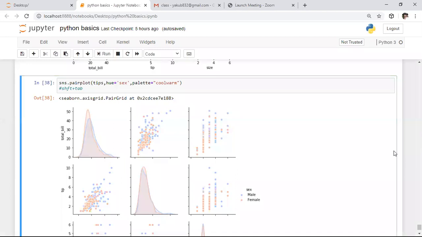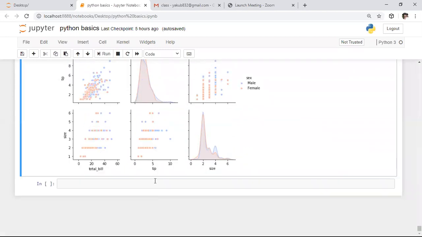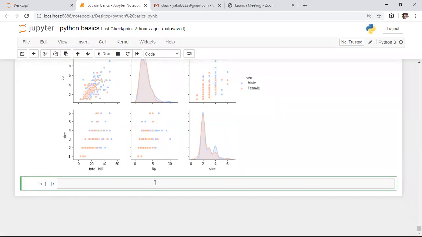After this, we have one more plot called regplot. To observe the magnitude of each and every sample, we need to use regplot. Here I'm writing sns.regplot. In this regplot, we need to specify which column we need to use.